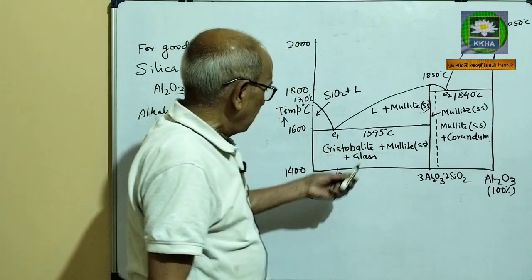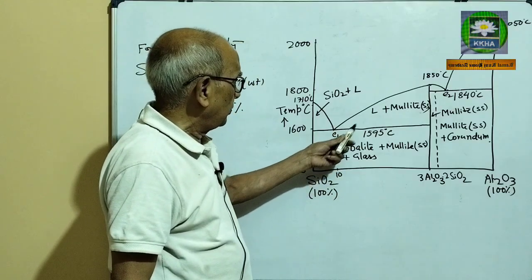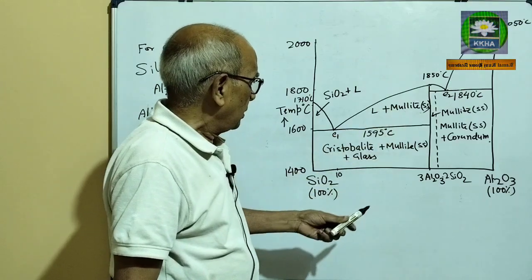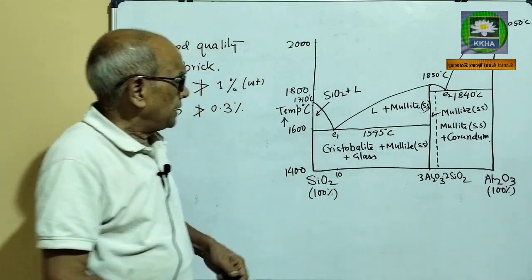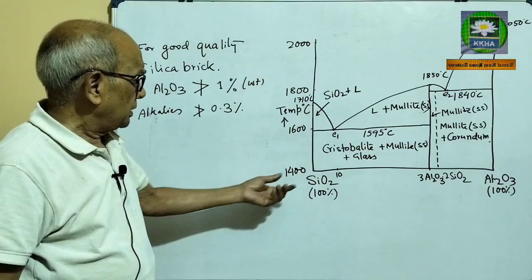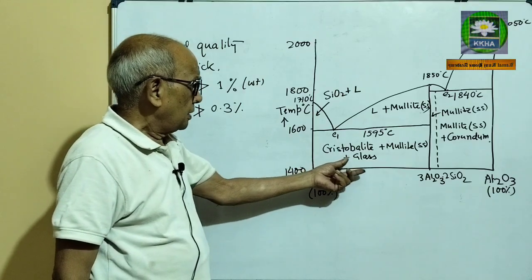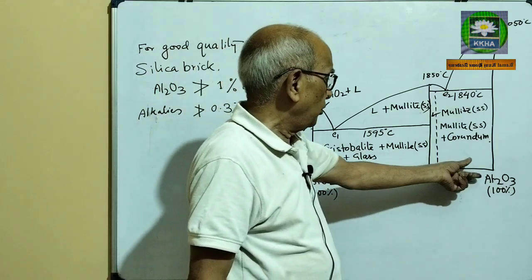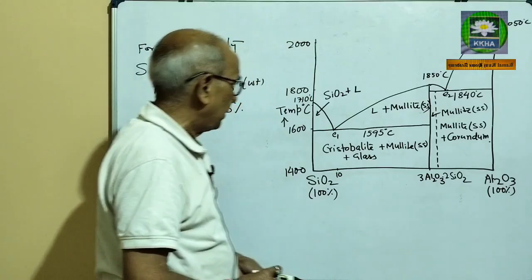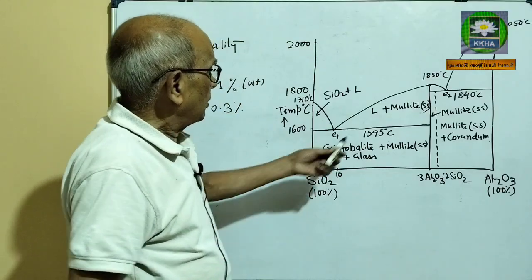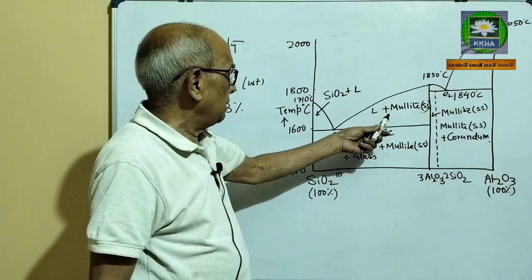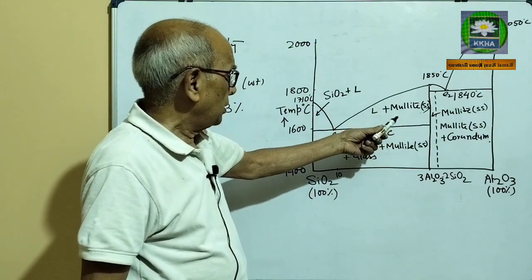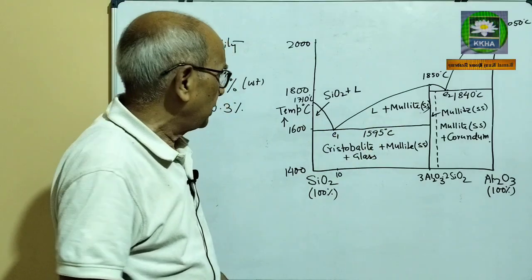Now, as alumina content increases from here to here, liquid phase will decrease and mullite content will increase. So this phase diagram indicates the silica refractories. Here, alumino-silicate refractories, mullite refractories, and alumina refractories or corundum refractories. So when liquid percentage will decrease, its hot load bearing capacity at high temperature will increase, because